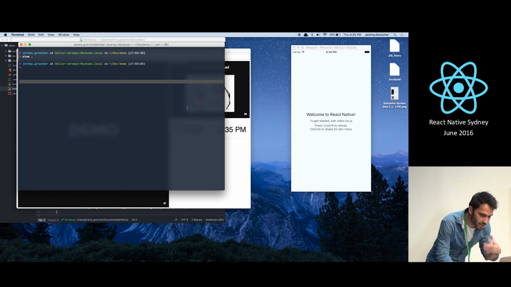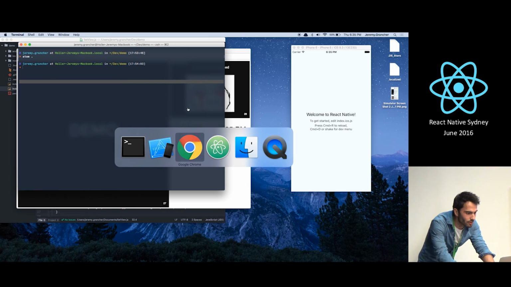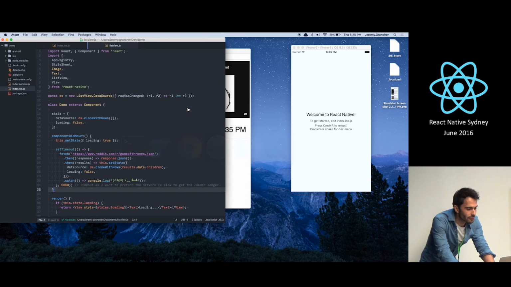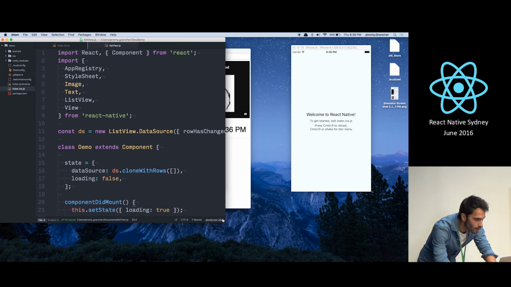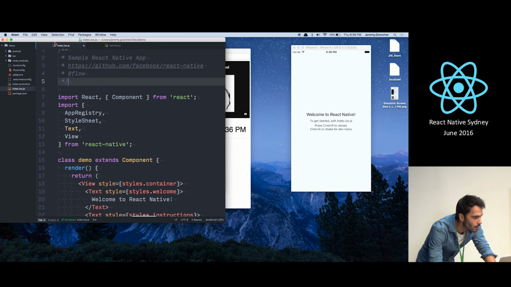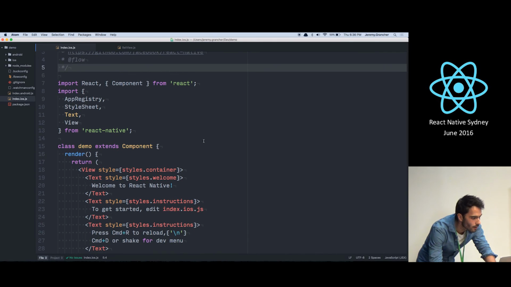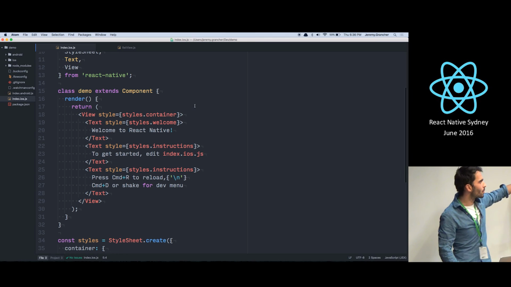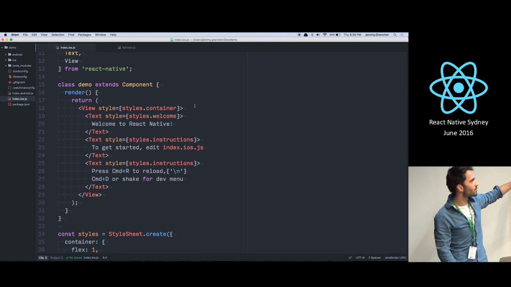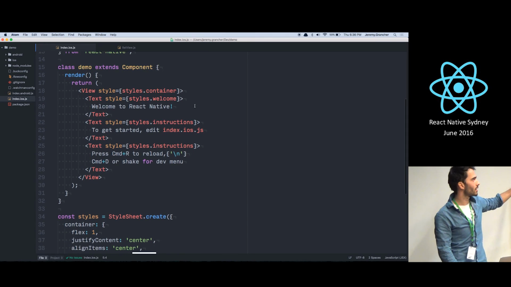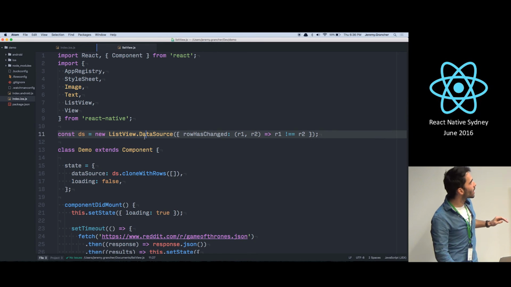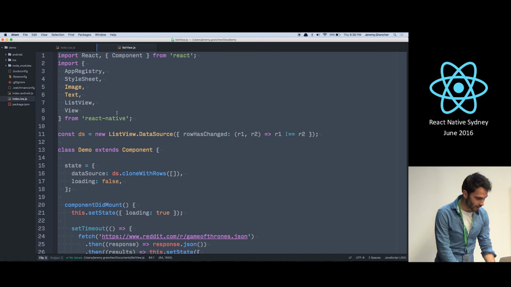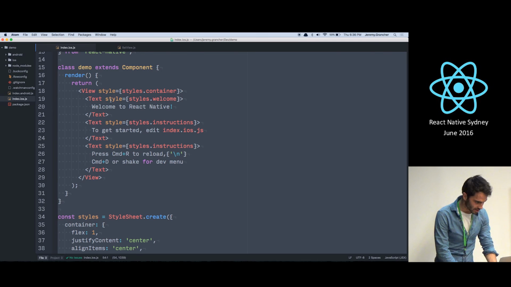So I've just created that application, but I'm going to assume that you have created a cool list view. This is the basic one, the one that has been generated by the React Native init command, right? So it's just a welcome screen. I've just prepared this file, which is